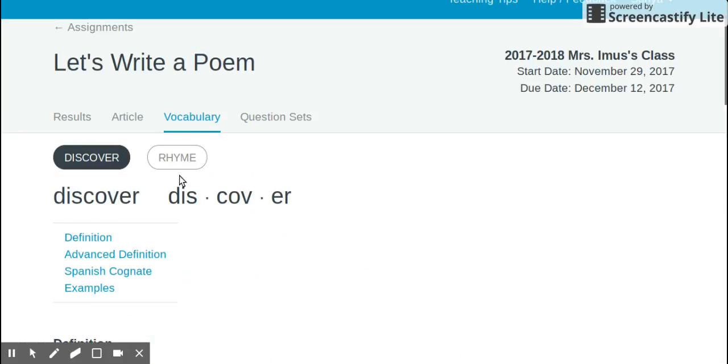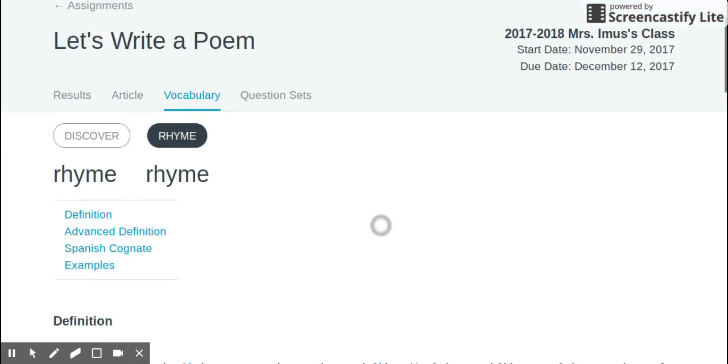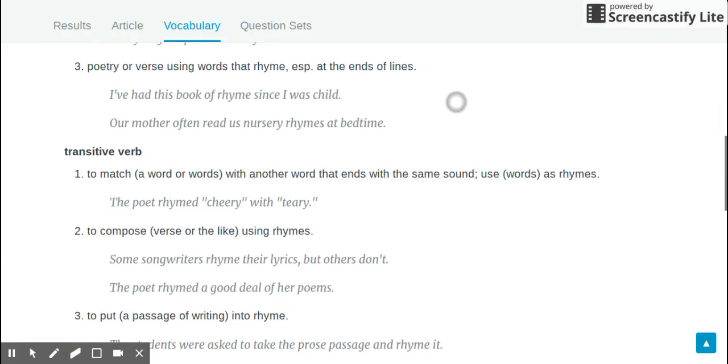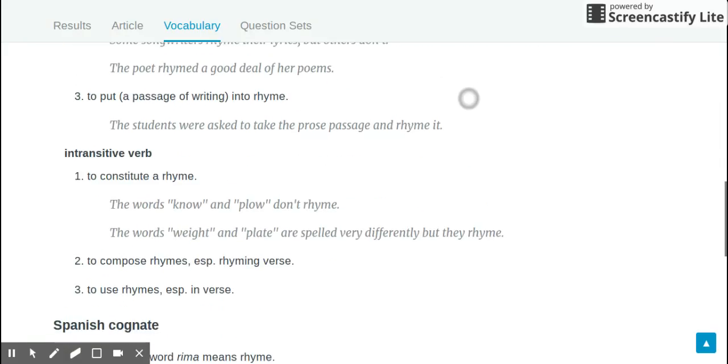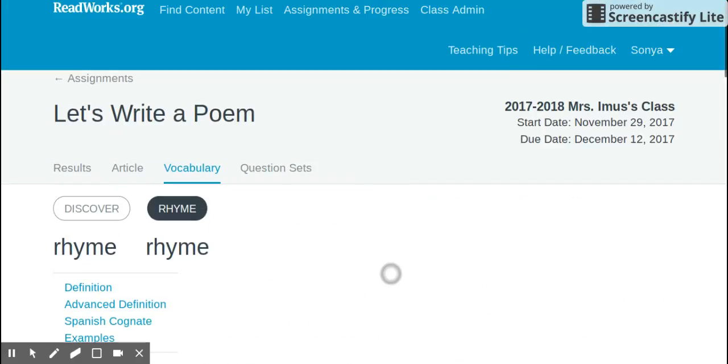Make sure you scroll all the way down because there are several definitions for the word. Then if you click on this word rhyme, it takes you to a different page. There we go. It shows you that definition and how it's used in a sentence and what it means, and scroll down and read about it. If you're not taking the time to scroll down and read about it, you're not taking the time to learn. Then once you've read the article and the vocabulary, you click over here on question sets